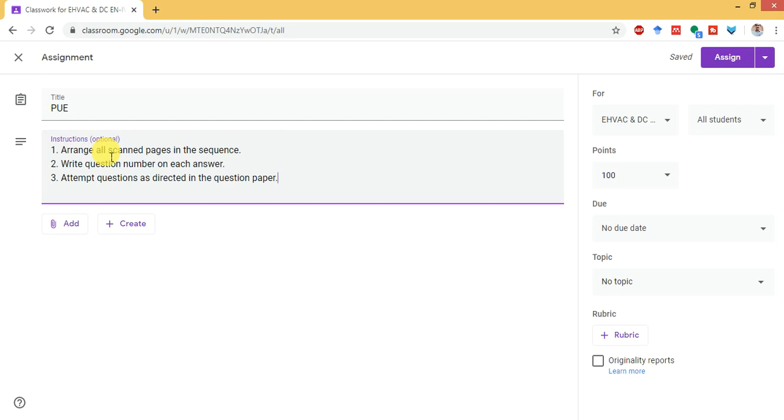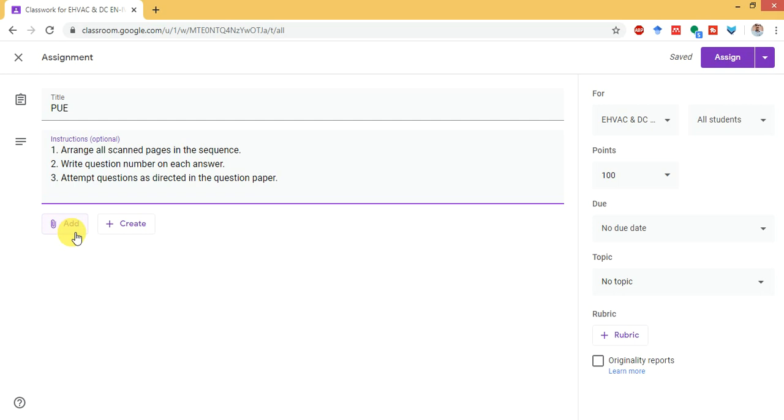Then I can check that file in my classroom, and I will return those copies to the students. So in this way we can conduct a test. In upcoming videos I will also discuss how to evaluate those copies.